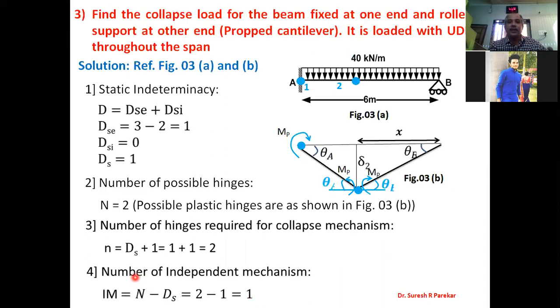Now you can switch over to the last problem, where we have a propped cantilever. Now in this you cannot go directly to the formula that plastic moment equals WL square upon 11.656 and find the value of MP. You will get only 1 mark for this. Here you cannot use the formula of MP for a propped cantilever. You have to solve this problem, which is about 6 marks. So when you have a problem for 6 marks, how can you use the formula directly?